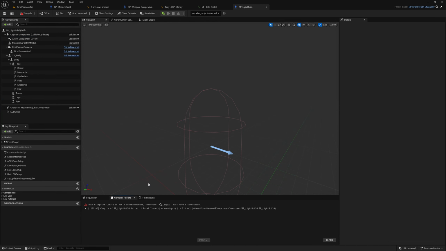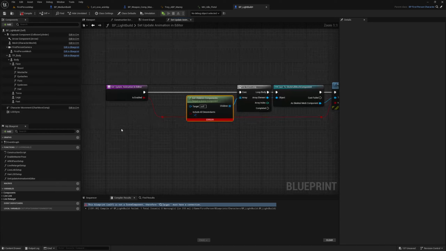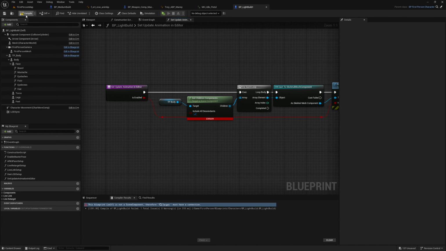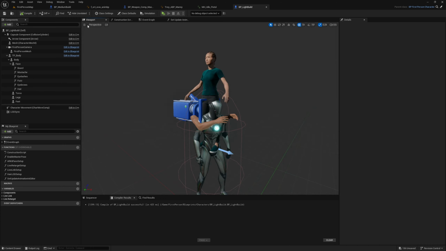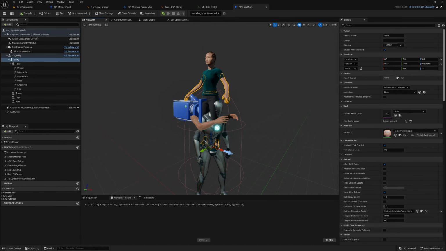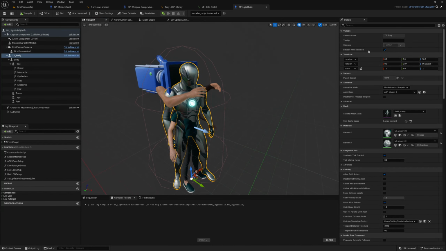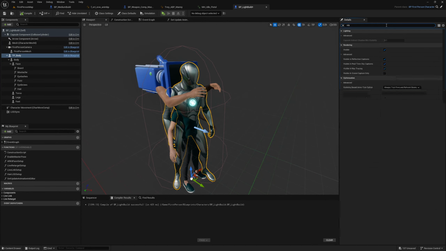Hit compile, click target in the arrow down here, get the parent of the body, which is TP body. That should get rid of the error. Select the body, zero out the location and the rotation. We can select the TP body, search for visible, make this invisible,